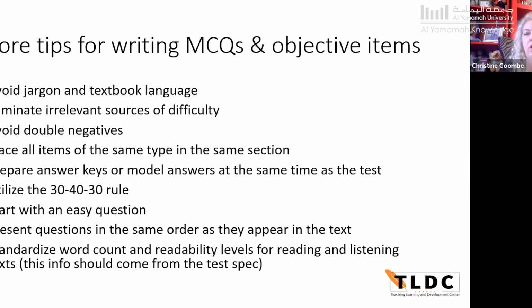If you do tests that have sections, the British school of thought is where you mix up the different types of items. So you have 1 MCQ, 2 true false, 3 whatever. Whereas in the American school of thought, we have 1 section that has all MCQs, 1 section all true false, 1 section fill in the blank. So I think it's easier for students to place all items of the same type in the same section.